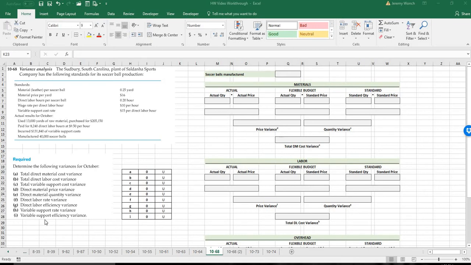All right, so this is problem 1068, and we're going to talk about variance analysis. And I think this is one of the most underused tools on the cost side of businesses, especially your small to medium sized businesses. A lot of times, everybody has a budget versus actual report. And so they can look and say, hey, our costs are higher than we budgeted here, or they're